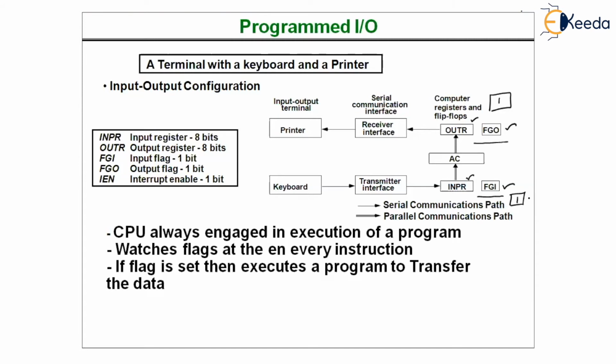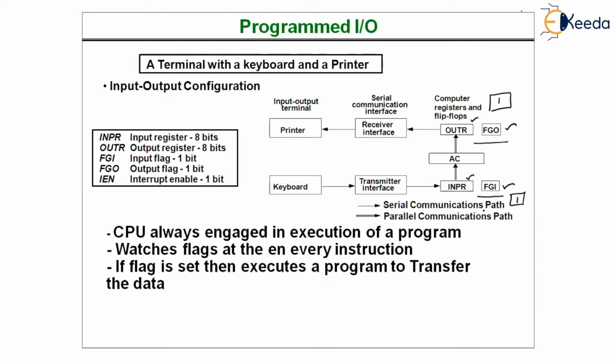It can't wait even for a millisecond, because, as I already told you, users' programs and the user's requests have to be dealt with the highest priority. Okay. Now, in the programmed IO method,